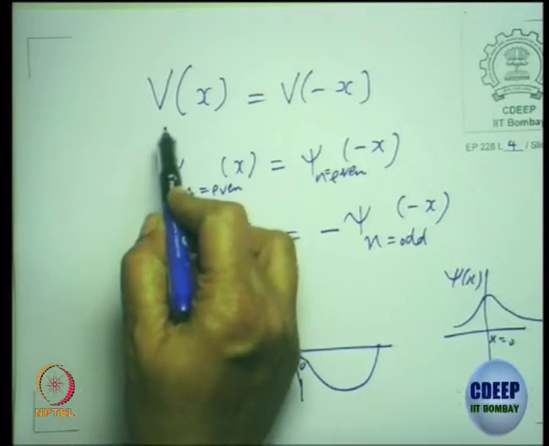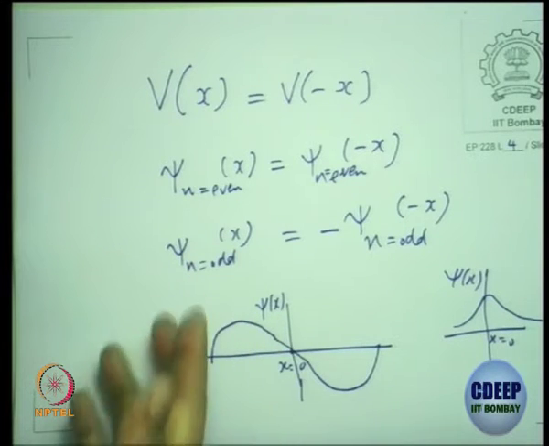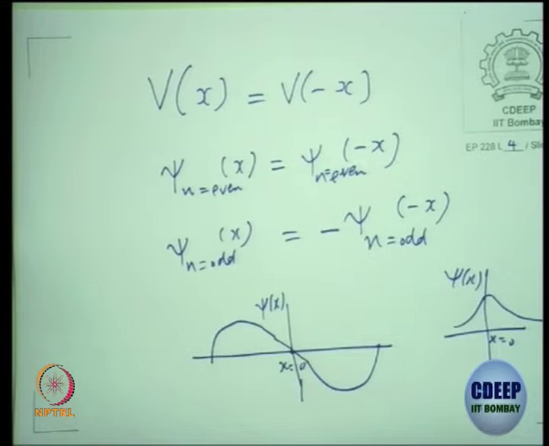So I didn't do anything when I tried to find the solution. The property of V of x equal to V of minus x forced the solution to be either even functions or odd functions. So that is the property of these symmetric potentials. I am sure you have all done this,